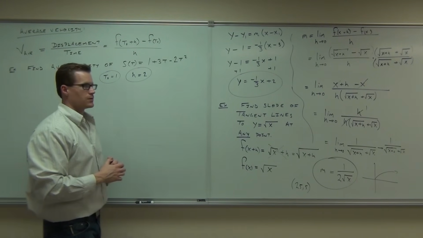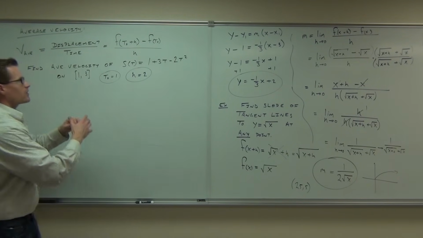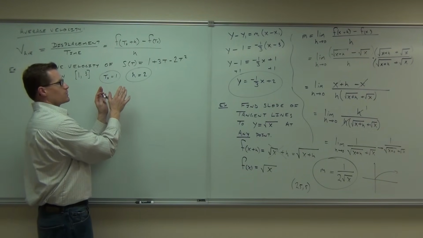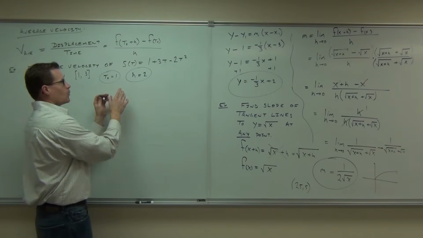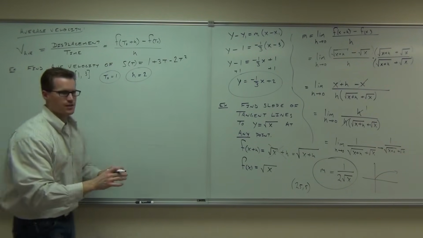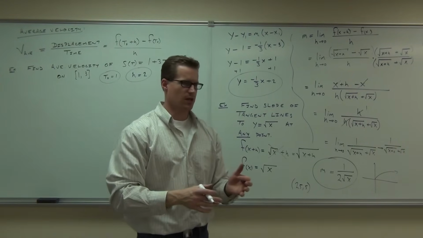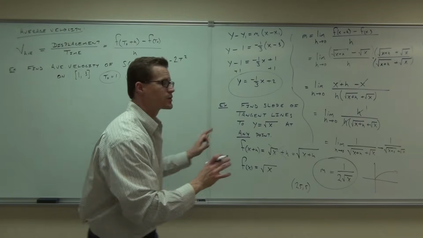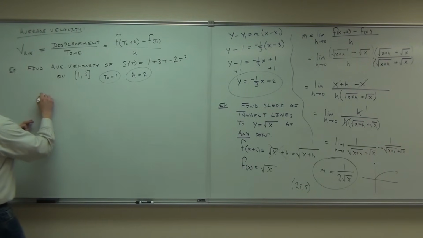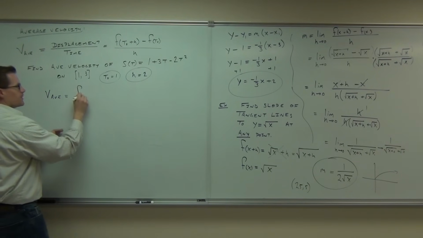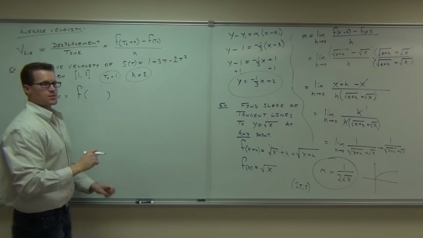You okay with this so far? All right. Now that we have our t sub 0 equals 1, our h equals 2, watch what we can do here. What we want to find out, and you're going to see that this is just the slope formula again. Remember, we created this from the slope formula, right? That's all we did. This is only a slope formula. Average velocity